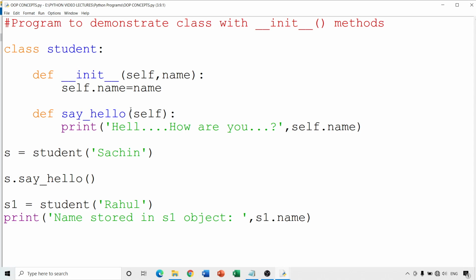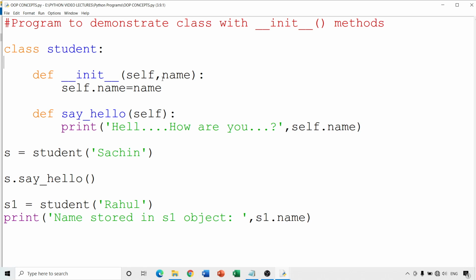Okay. This is a program which demonstrates the use of object variable. As you can see, the variable name is taken over here, and we are assigning self.name is equal to name. This variable is defined within the member function or the method of the class, and hence in Python it is referred to as an object variable.